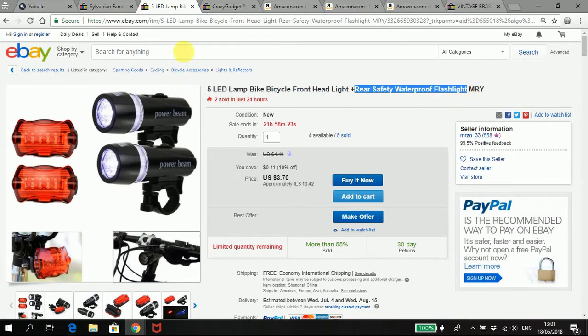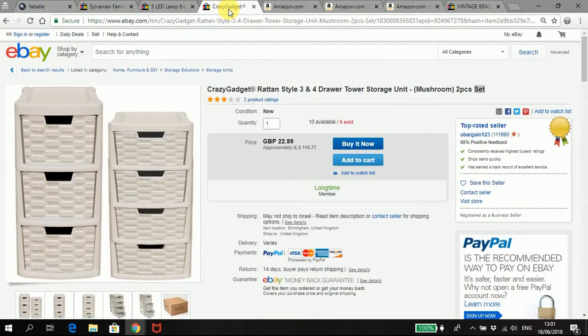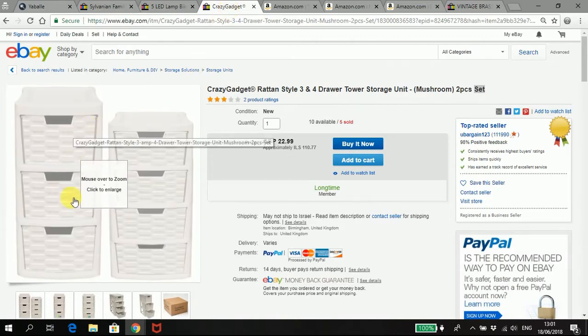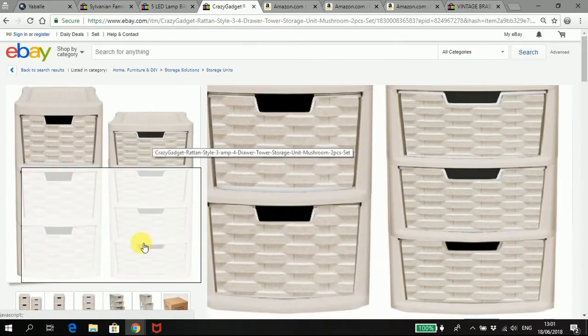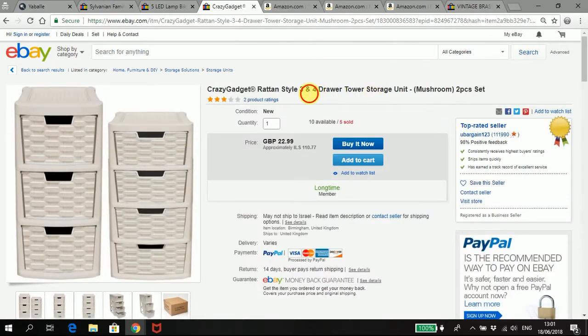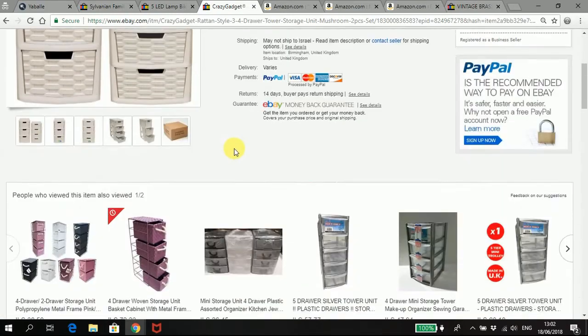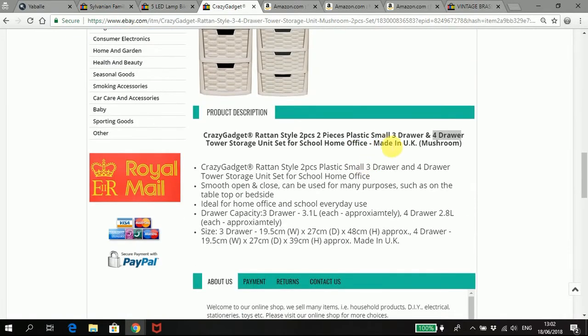Okay. And a third example, I have these two storage units, one of 3 drawers and one of 4 drawers. I also have the and sign in the title and the words 2 pieces set. So it would be clear to me as a buyer that I am getting both of them. Going down to the description, it says the same. Yes, I am getting the rattan style 2 pieces plastic small 3 drawer and 4 drawer tower storage unit set. Okay,